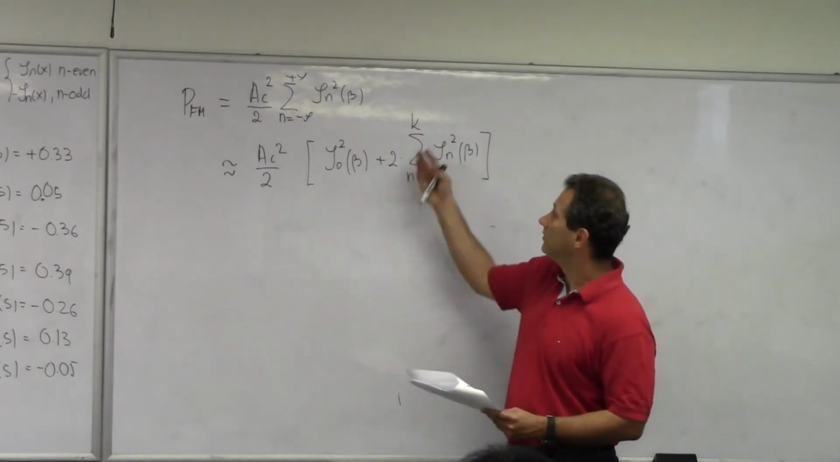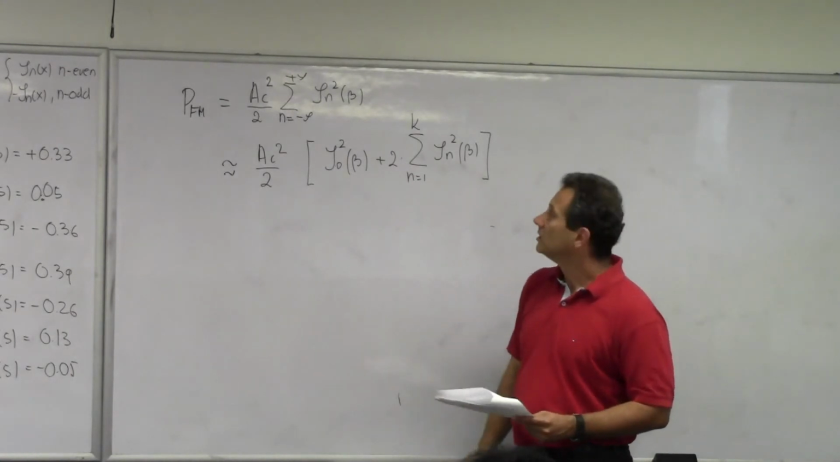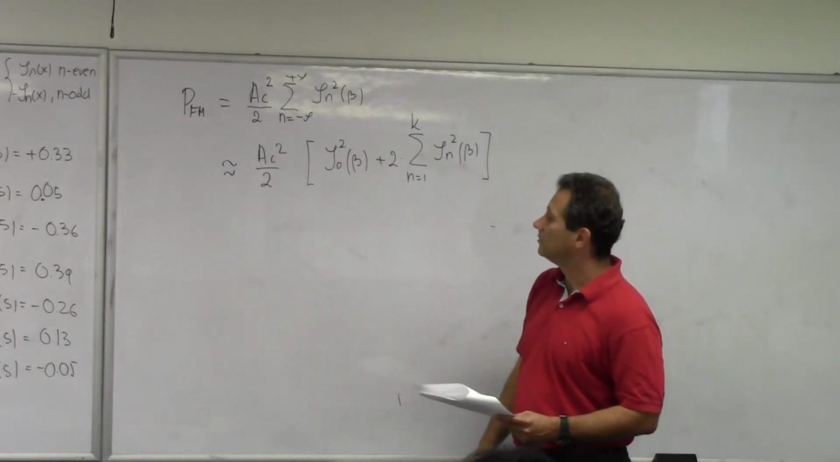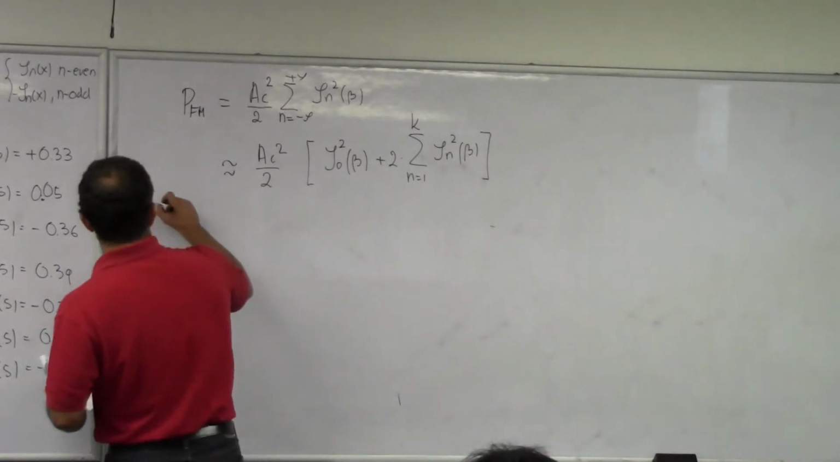If you let k go to infinity, you capture 100%. But how large does the k need to be so that you capture 99% of the power? So to determine